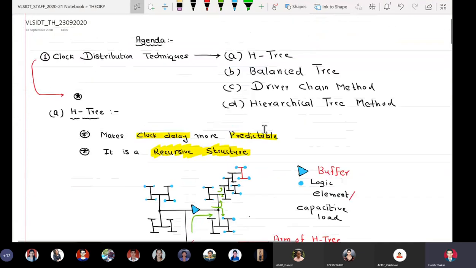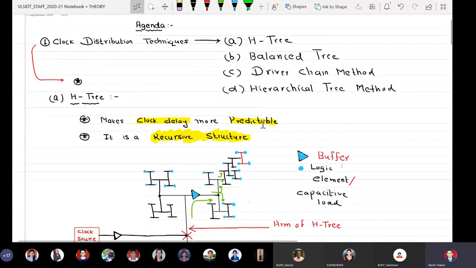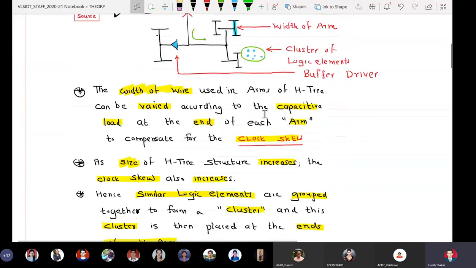Fine. So we discussed about H tree, balance tree, driver chain method, and hierarchical tree method.